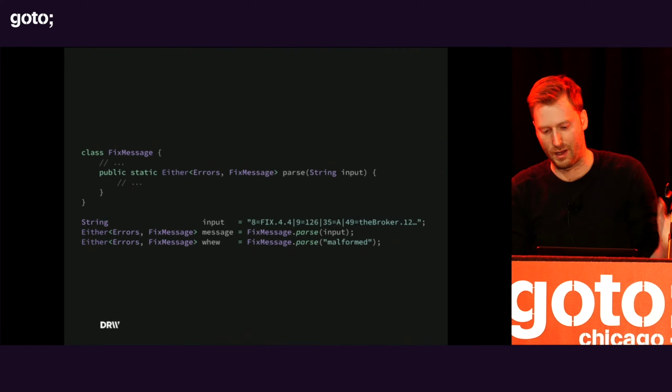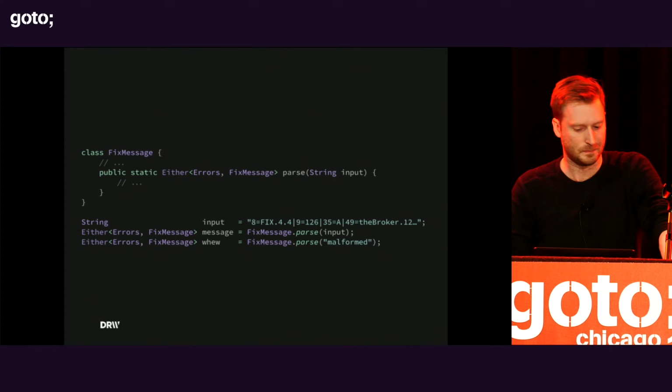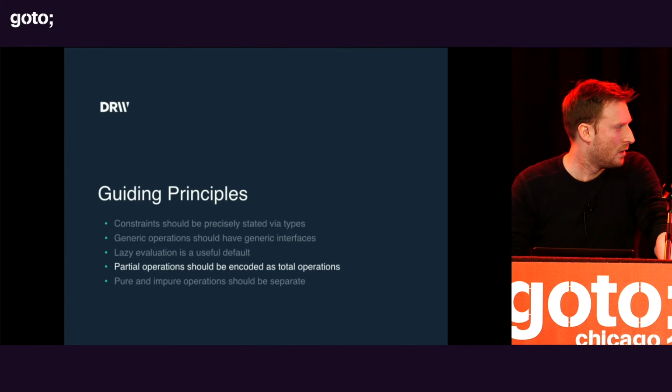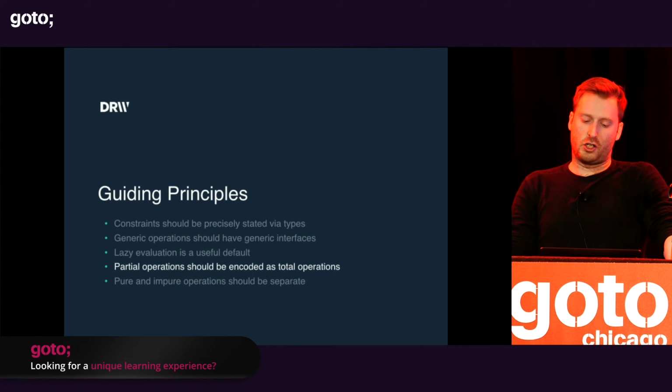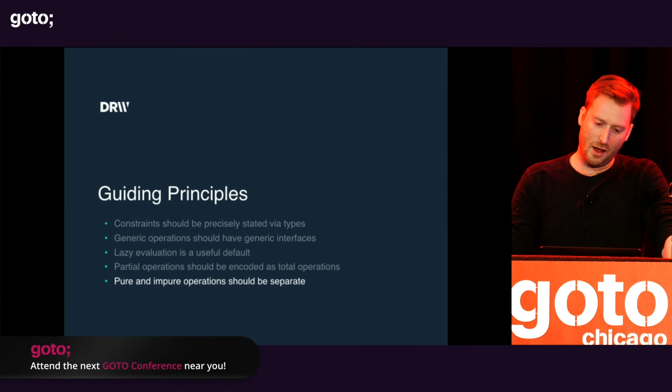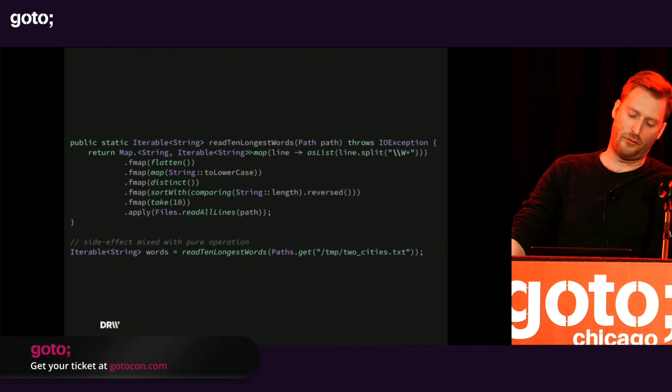So again, we're trying to get to a point where compilation actually gives us quite a bit of confidence. And then finally, pure and impure operations should be separate. The IO monad. So here's an example of